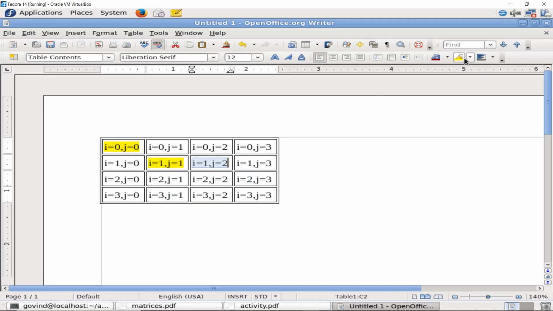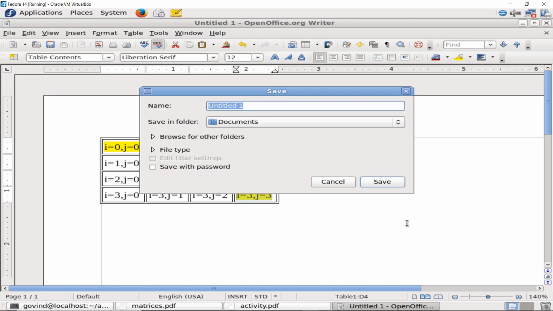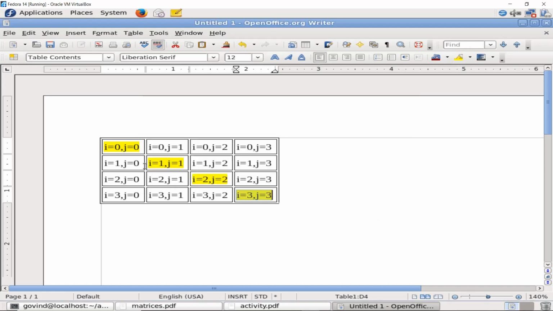The cells that are highlighted here are referred to as principal diagonal or primary diagonal elements. You can notice here they all have the same property: the row and column index values are the same. These elements are referred to as primary or principal diagonal elements.